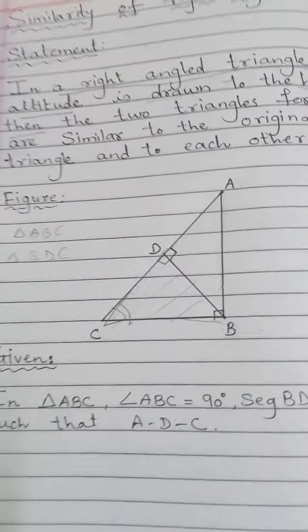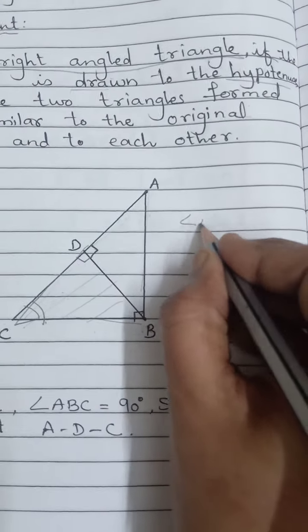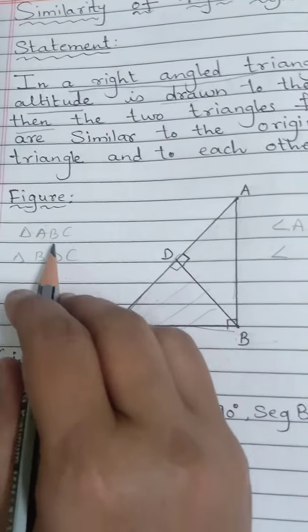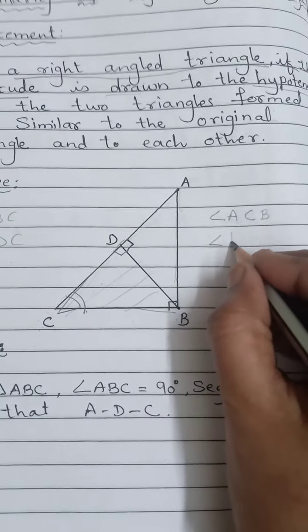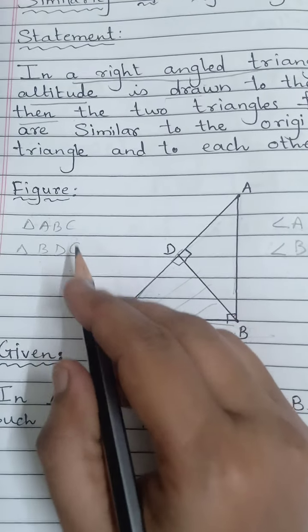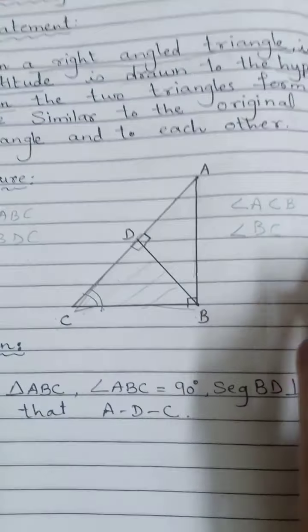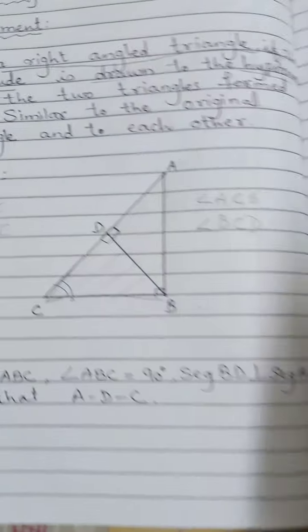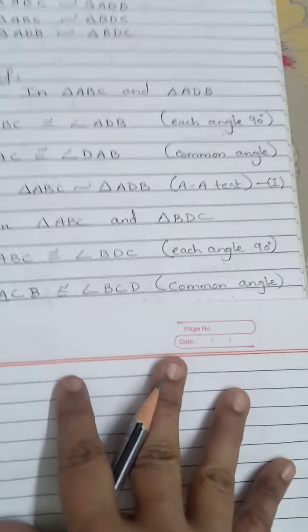Now we have to take the common angle. So I will take the common angle ACB. See here, first name I am taking ACB. Then how to take the name of the next one? In the place of A, we have to take B. So I am taking here B. In the place of C, we have to take C. So here C. In the place of B, we have to take D. So I am taking here D. So these two names will come for the common angle. So now we will see that angle ACB is congruent to angle BCD. See here, same angle I have taken, and the reason is common angle.